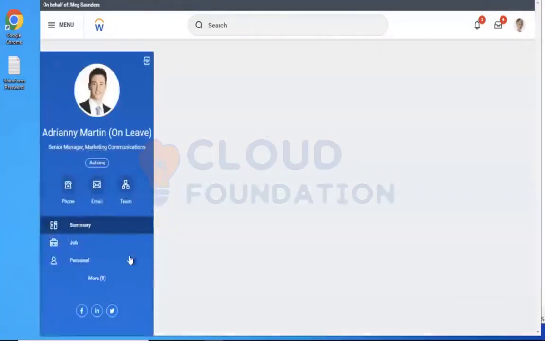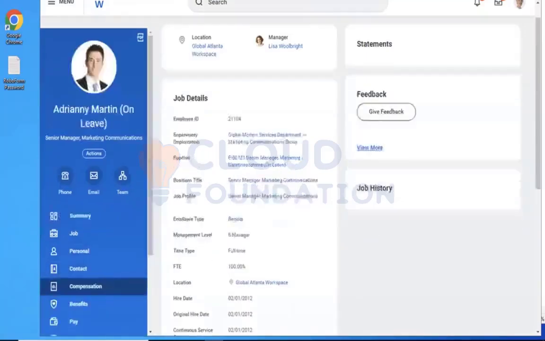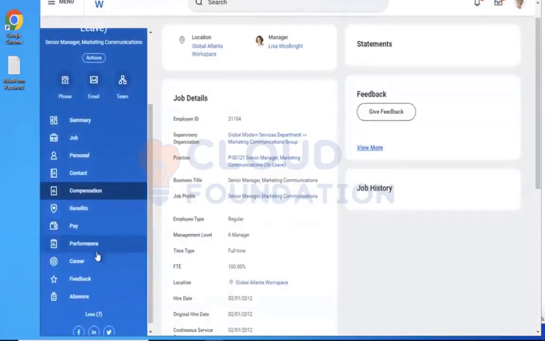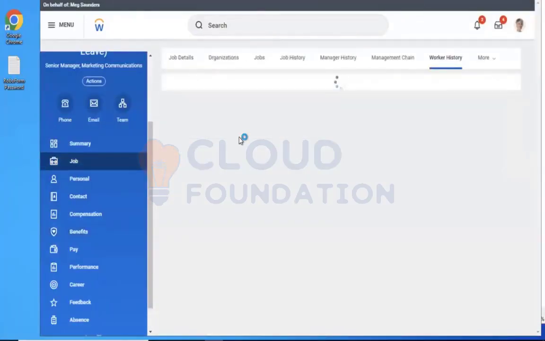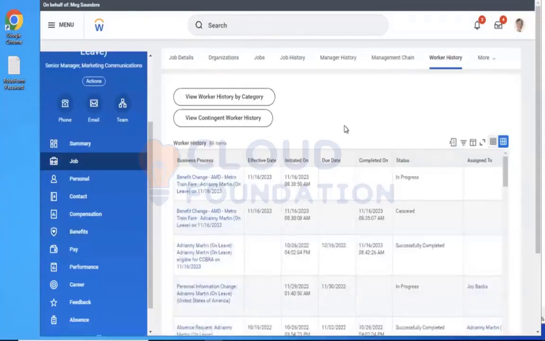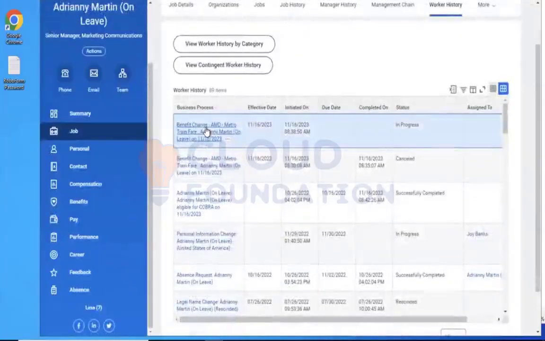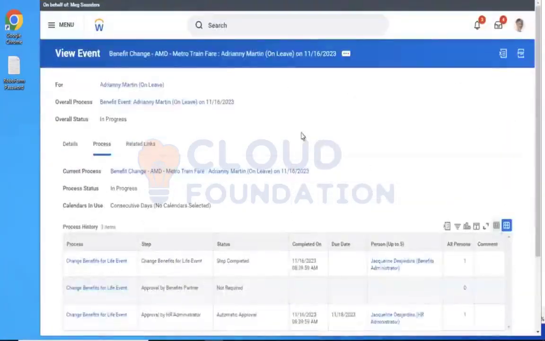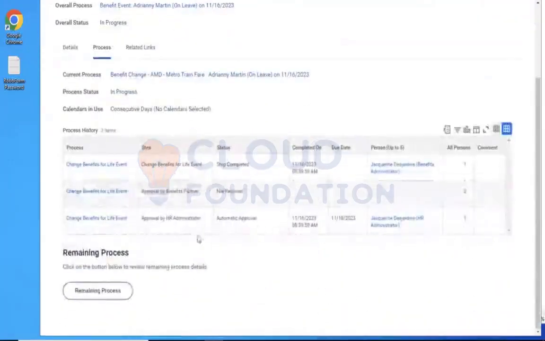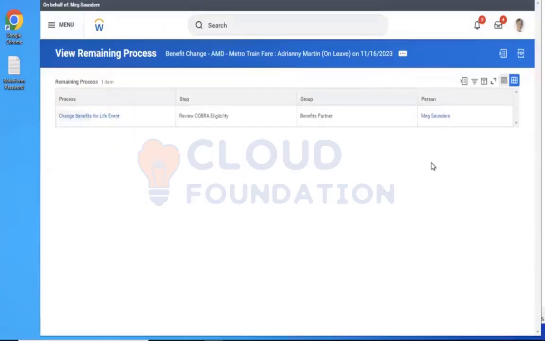Now we'll go to his worker profile. Still not. So this is what this session is about. Oh, still it is in progress. Wonderful. Waiting for whom? Same person. Review and approve.